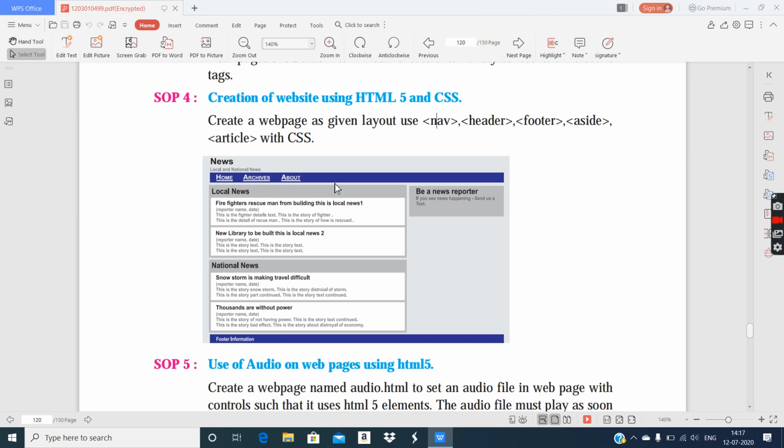Background color blue, width is 100% definitely, height you have to give. So all these things you have to include in nav container. Then footer is this footer information. Aside, this is aside, be a news reporter, this is aside. And article, these are articles.